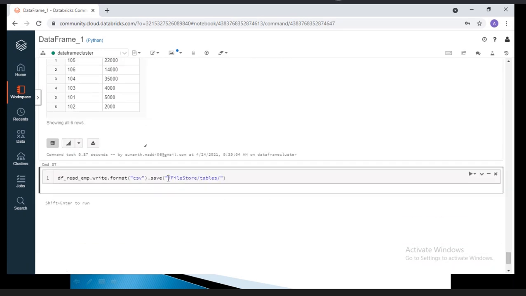File store slash tables slash. I want to write the data into my folder.